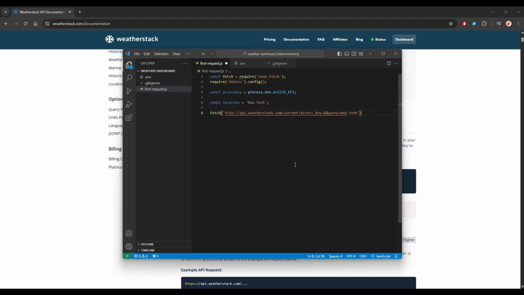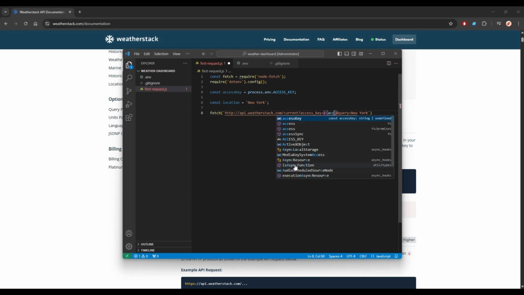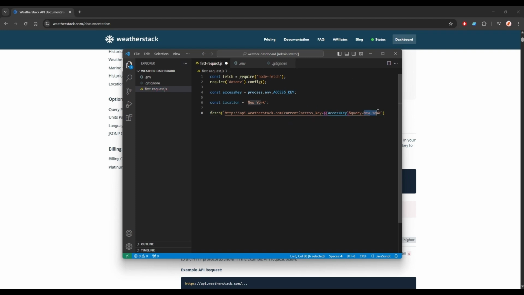Now here we want to delete this because we don't want our API key to be leaked anywhere, and we are just going to use our variable instead, access key. We are going to do the same thing with our query or location, just because we want it to be dynamic, location. Perfect. Now we are going to do a .then, and for our response,